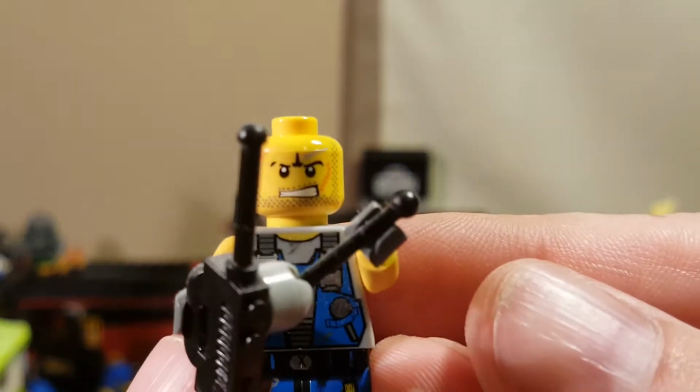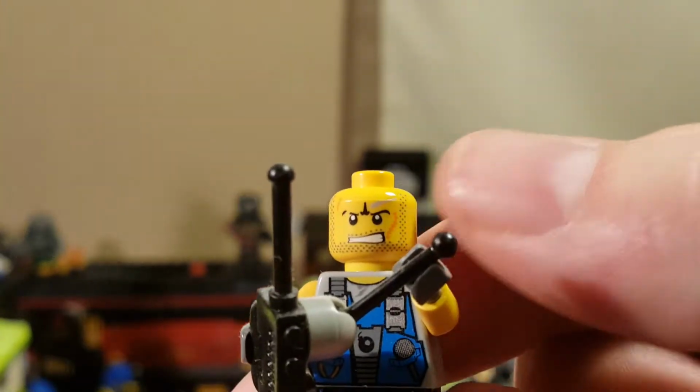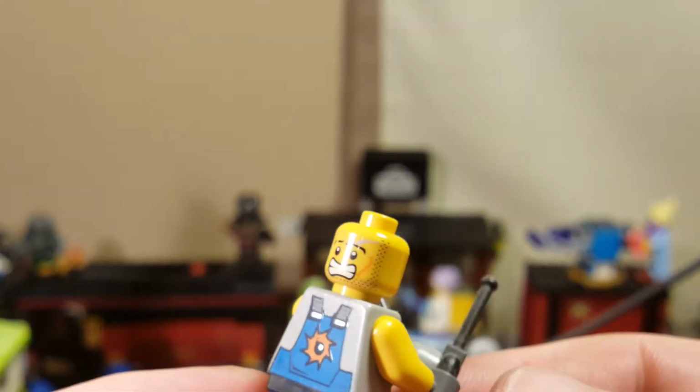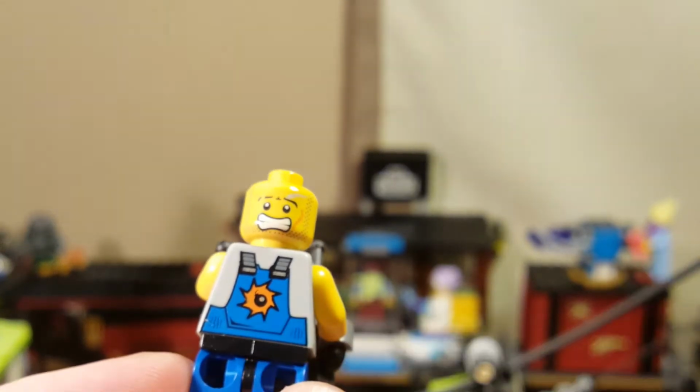And there we go. And he has a different scar on his face and a little scuff above his eyebrow. He also has a little scar there. And then he has a worried face as well. I'm not actually that familiar with this character. And he's got the little old-fashioned, old-timey bomb on his shirt. So, boom. And then our third minifigure is...